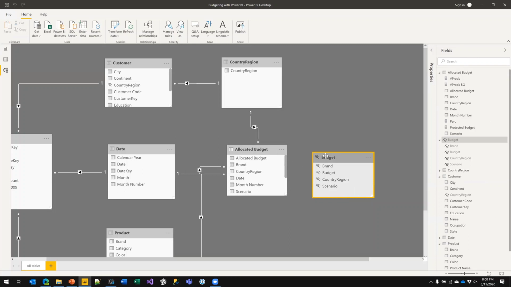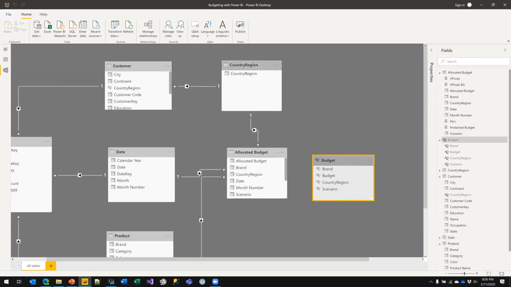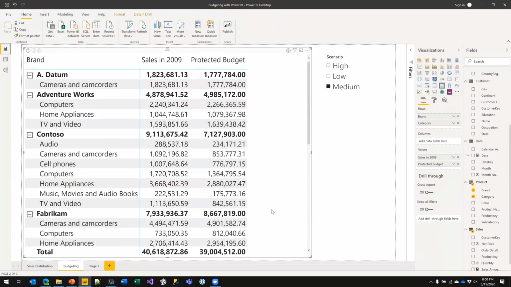So there will be a weak relationship with date, a weak relationship with product, and either a weak relationship or a bridge table in the middle with customer. And then you dynamically allocate everything. Because the budget is not a large table and the granularity just produces small tables, performance-wise, this works just fine, and lets you allocate the values the way you prefer in a very dynamic way. The only really important detail is to pay attention to the granularity.